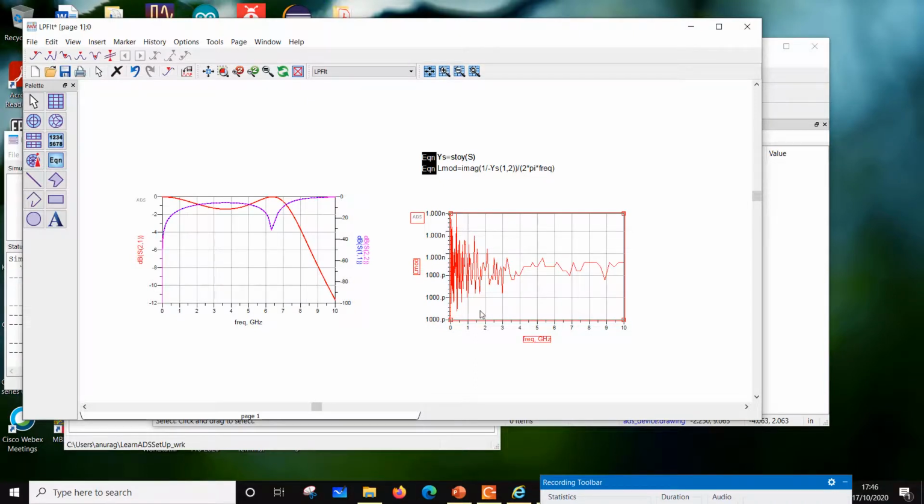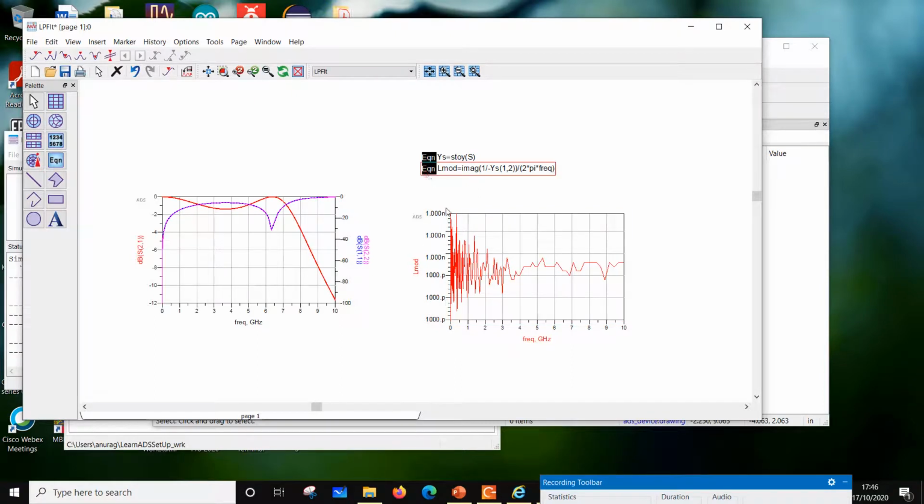So be careful. If you have a very large or very small number, your epsilon of the machine would come into the picture, because inside you are using a math library. Math library is written for a certain accuracy of a processor. It depends on whether it's a 64-bit processor or a 32-bit processor. So epsilon depends on that. But don't worry, it's all saying that everything is 1 nanohenry.